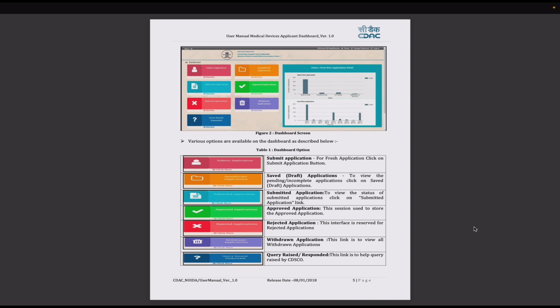So you can see there are 7 subfields which are displayed in the form of a legend color. The first one is the submitted applications. Second is the saved draft applications. Third, the submitted applications. Fourth, approved applications. Fifth, rejected applications. Then the applications which have been withdrawn, and the ones which are in query raised or the